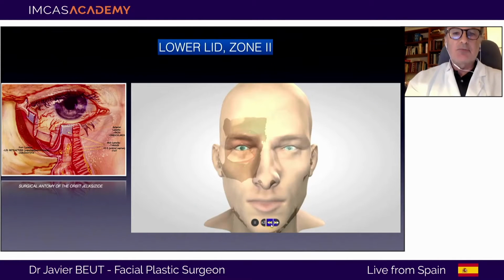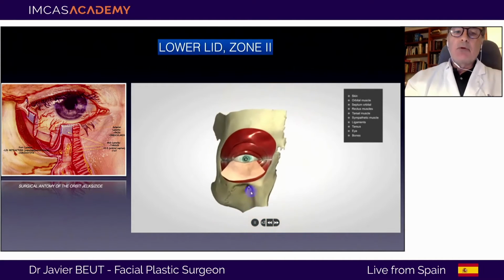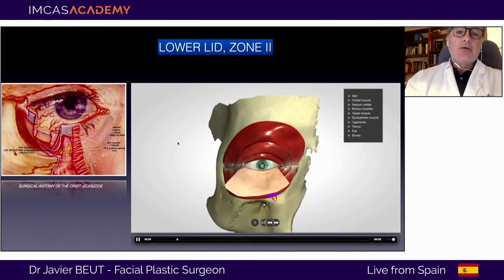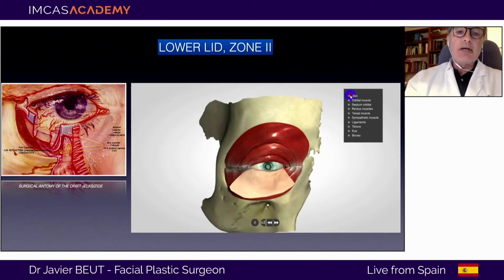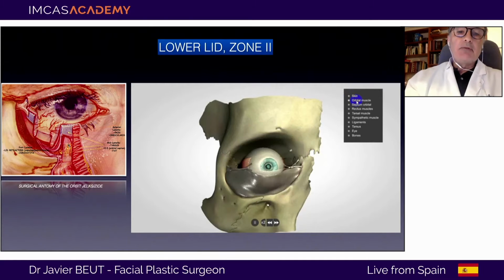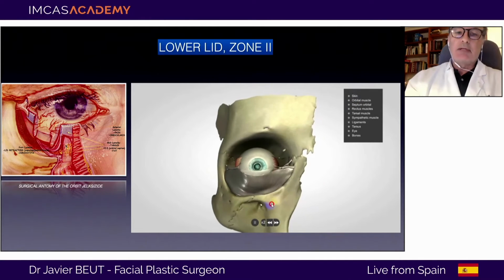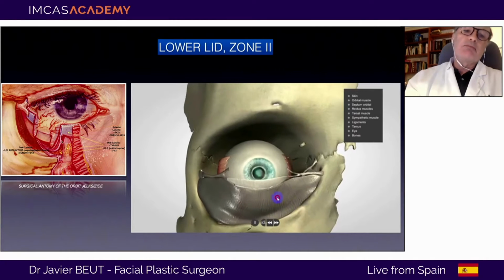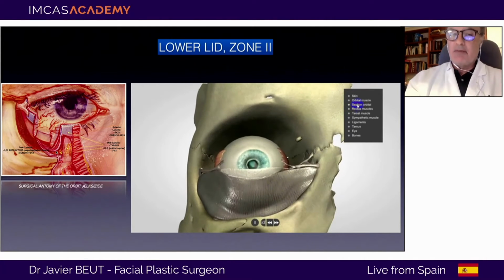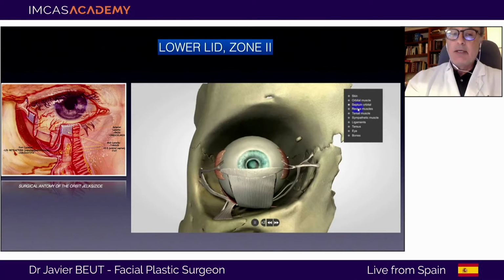The lower lid, again, has three lamellas. We have the skin and the muscle. Then we have a mid lamella where we have the tarsus, the orbital septum, and the retroseptal fat pad. And then we have the capsulopalpebral fascia, the retractor of the lower lid. And then we have the conjunctiva. So all these